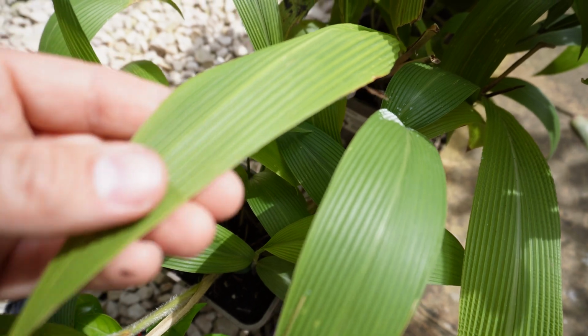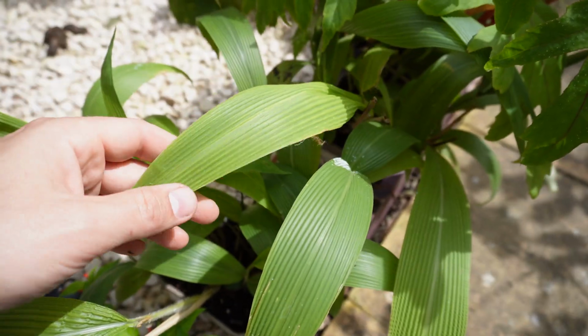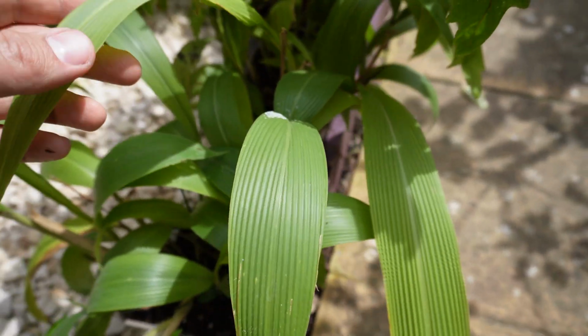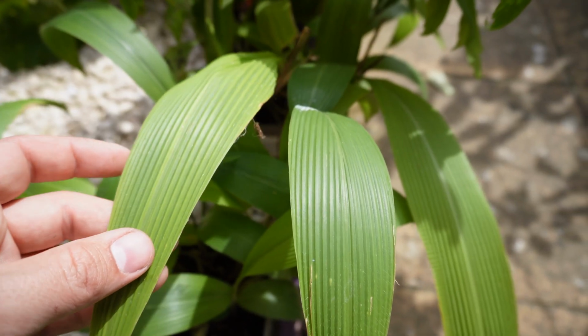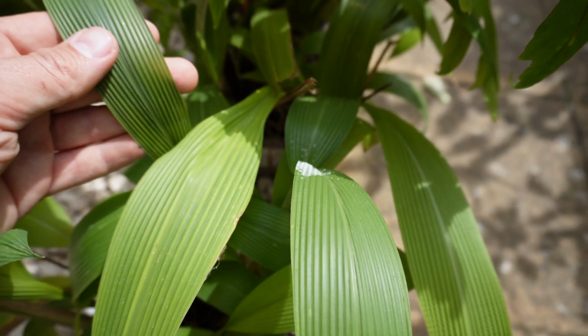Now, one of the first would be this, commonly called the palm grass, because it looks like giant palm seedling foliage. But this is Setaria palmifolia, and I've grown this outdoors through the summer, spring and autumn months in the UK, and it's been absolutely fine. It seems to thrive best in partial shade, and it loves rich soil. So I use this to underplant the larger shrubs in my tropical style garden, and it really creates that jungle